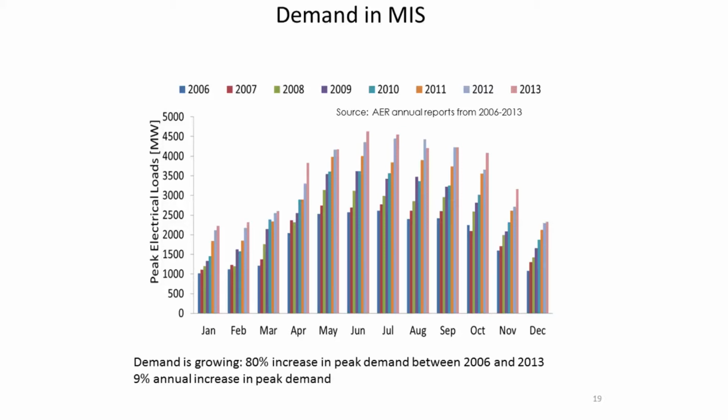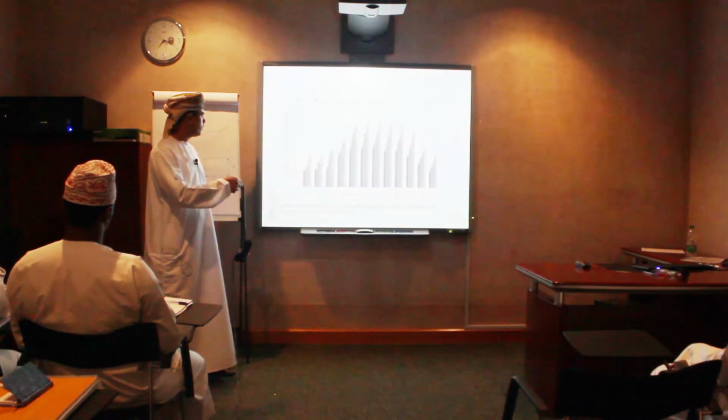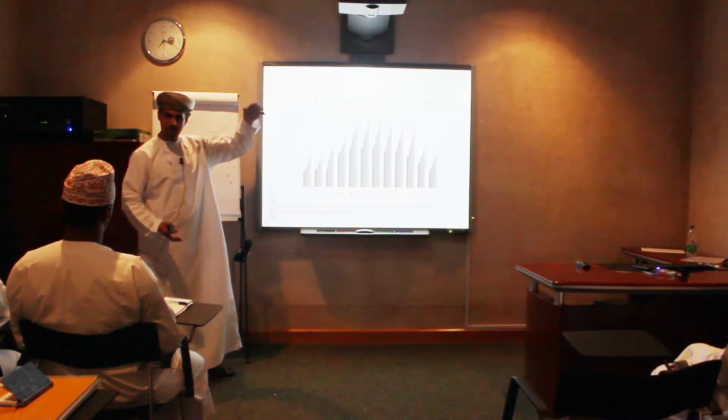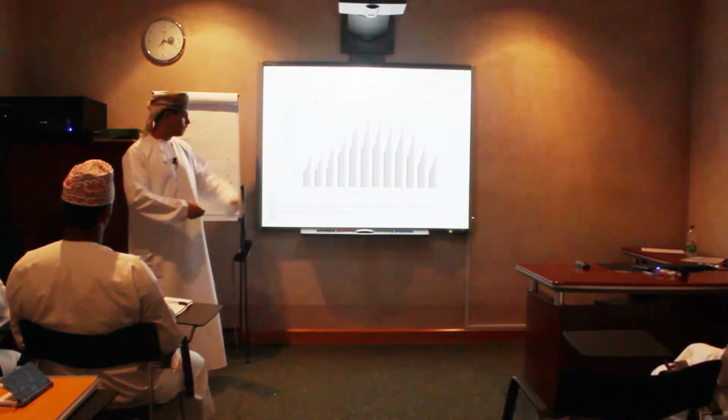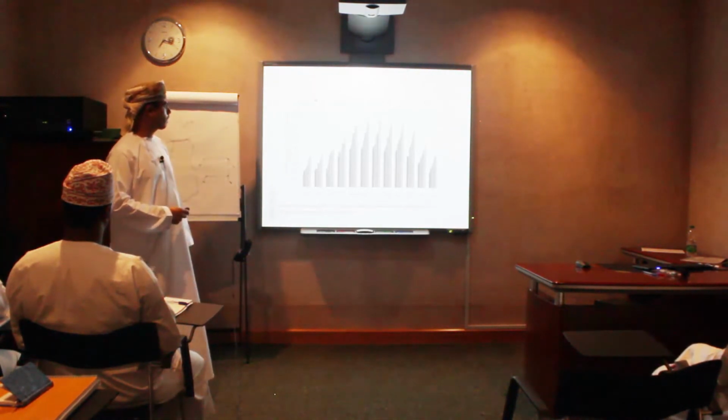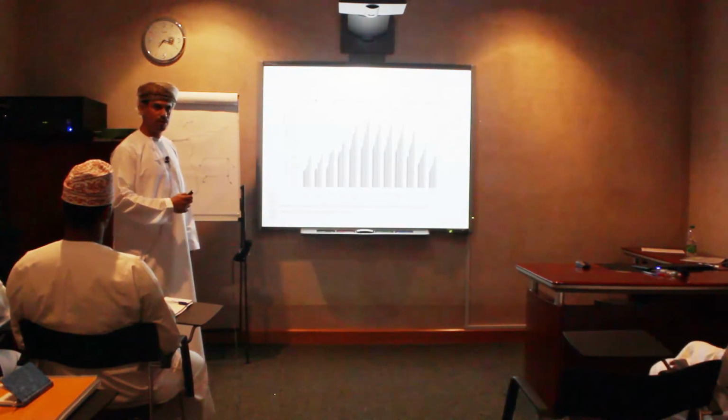This is one characteristic. Let's take the latest data. In January and December, the peak is about 2,200 megawatt. But in June, the peak is close to 4,700 megawatt. So there's a big difference between the winter months and the summer months. Keep this in mind,